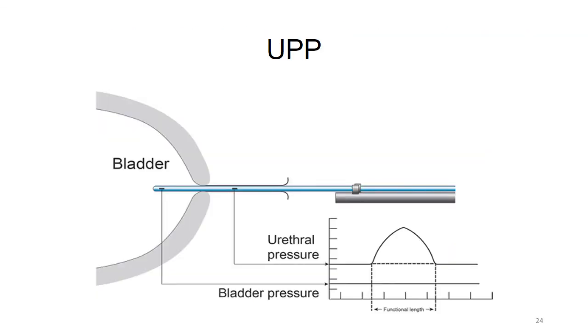Now moving to urethral pressure profile. This is used for measuring the urethral pressure. The technique as such is not satisfactory, so it is not widely used. This is performed by withdrawing the measuring catheter mechanically at a constant speed after cystometry. The resulting profile indicates the pressure within the urethra from the bladder neck to the meatus. Several techniques are there: resting urethral pressure profile, stress urethral pressure profile, voiding urethral pressure profile, etc.